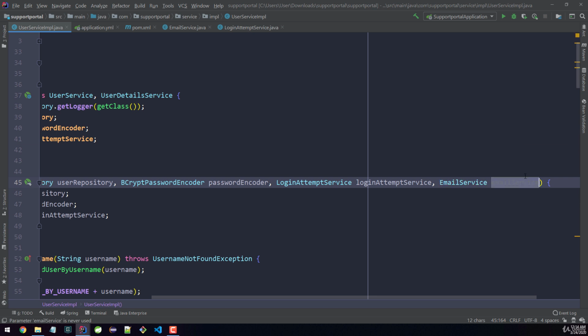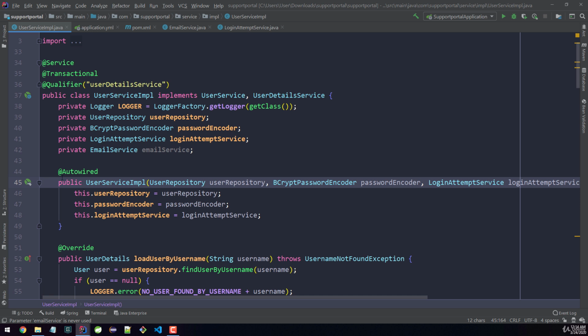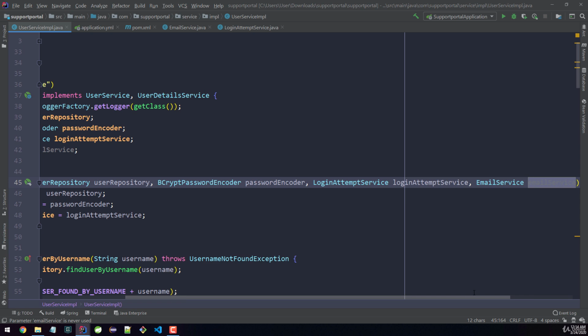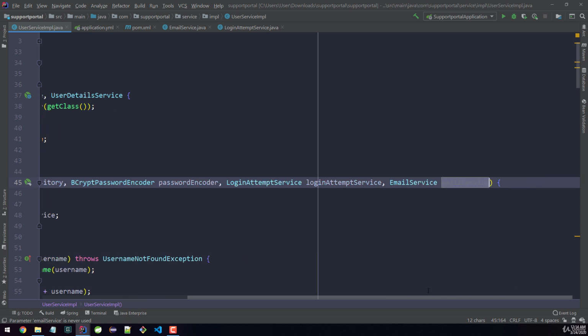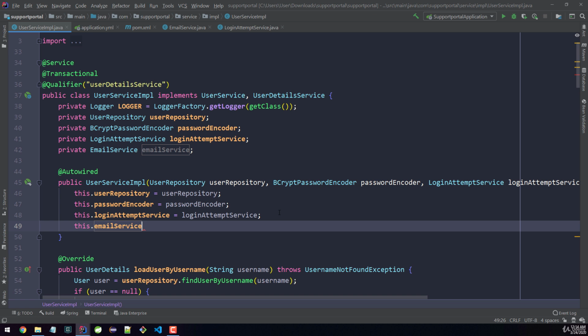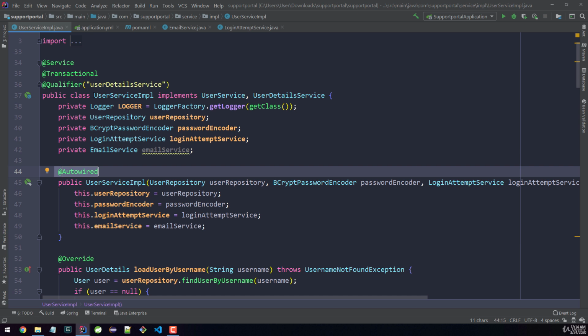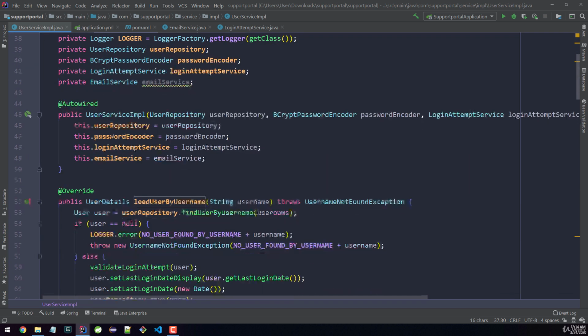And then after that, probably need to put this on a new line. I just like to have everything horizontal, so I don't like to have multiple lines. But that's just a preference. You should definitely move this to the next line. And then here I'm going to do this.emailService equals emailService. Oops, like this. So that way it's wired into this class right here,